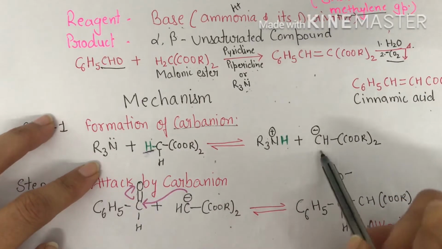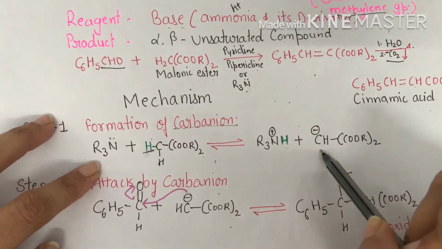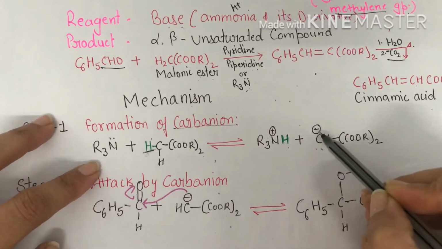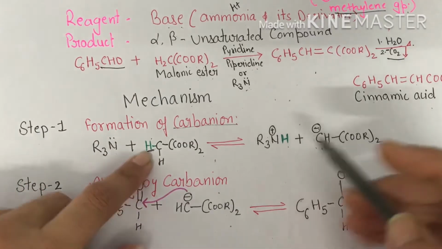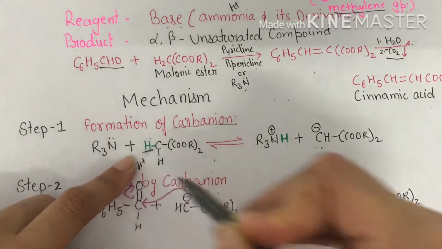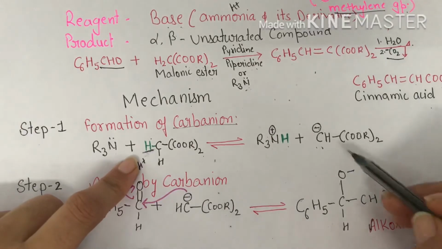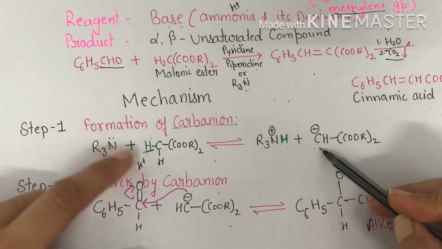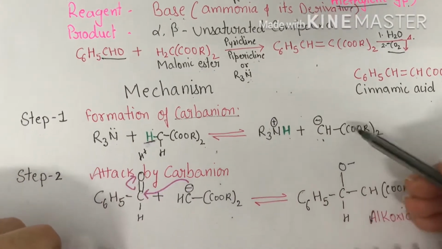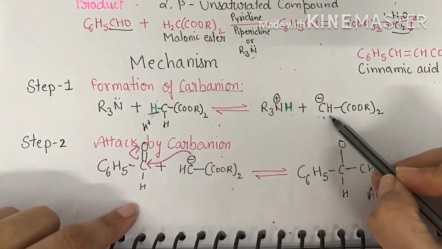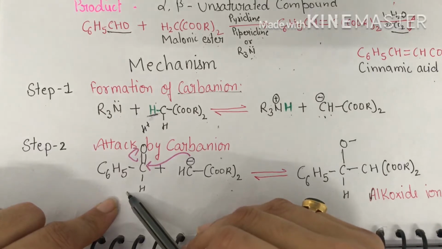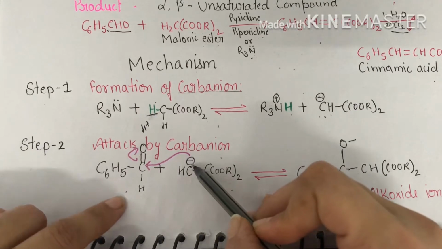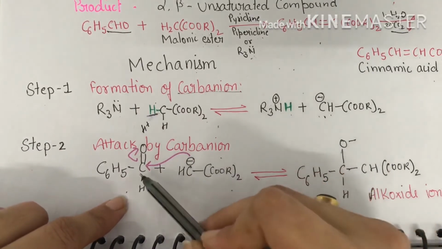Then what will be formed? Carbanion is formed. Carbanion is what? In which carbon is negatively charged. This proton is being abstracted. Proton means H plus. Fine. So the carbanion is already formed. Then what will happen in the next step? This carbanion attacks the second molecule of benzaldehyde. Fine. So why? Because the carbanion has a negative charge and the carbonyl group